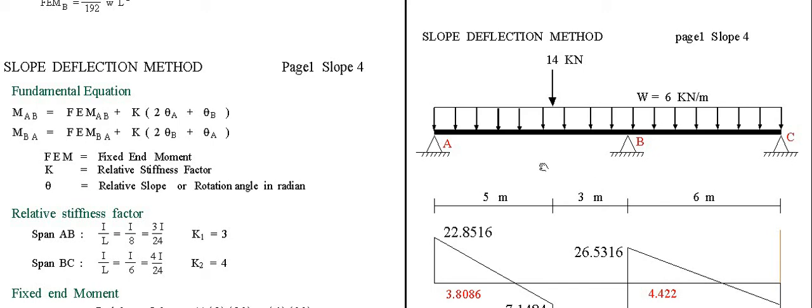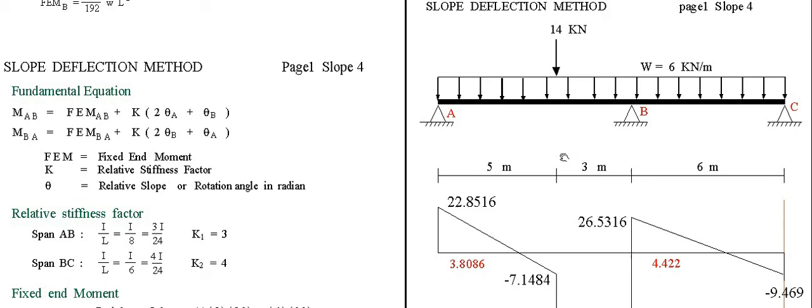Today we have this fourth session of the slope deflection method in solving this continuous beam. We have two spans with uniform load and one concentrated load. Now, given these distances and the loadings of concentrated load 10 and uniform load of 16, the basic formula for the slope deflection is this: